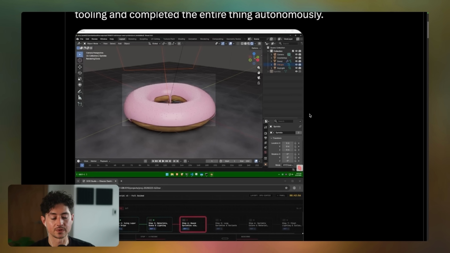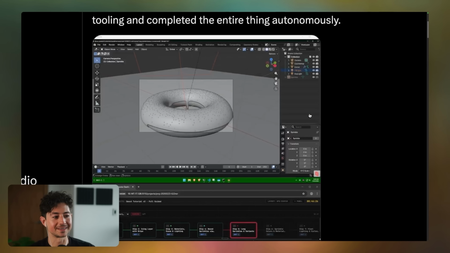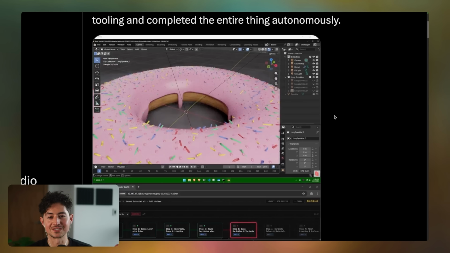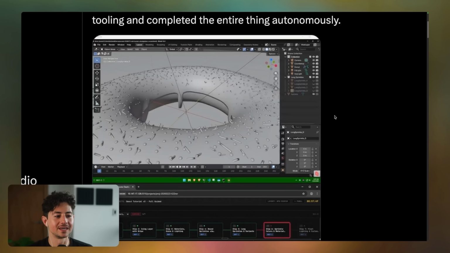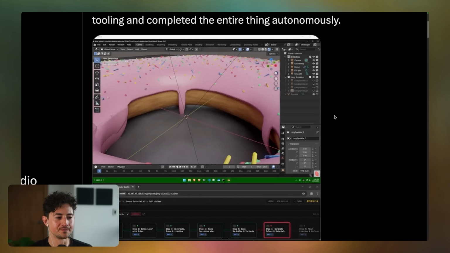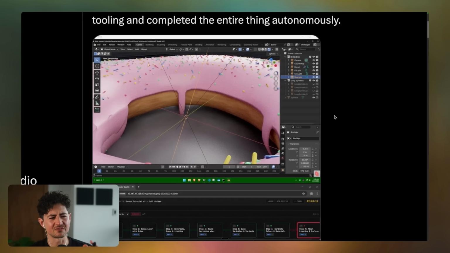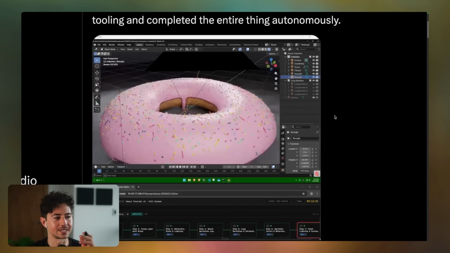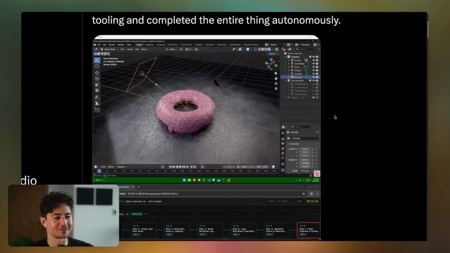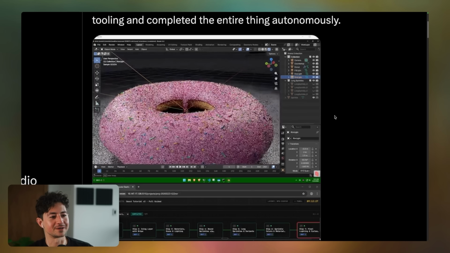Anybody that's done any sort of 3D design, myself included, will know that the way you learn how to build things in Blender is you watch this one specific tutorial that shows you how to build a donut. And through this process of building the donut, you learn about textures, you learn about various shapes, you learn about how to modify them and sculpt and paint and do all this stuff. So I made my own donut personally a few years ago. I showed it to all my friends, and I promptly never touched Blender again.